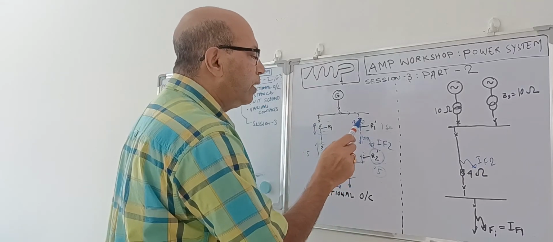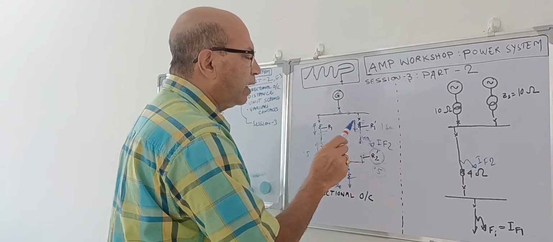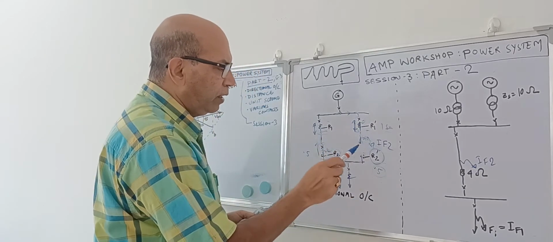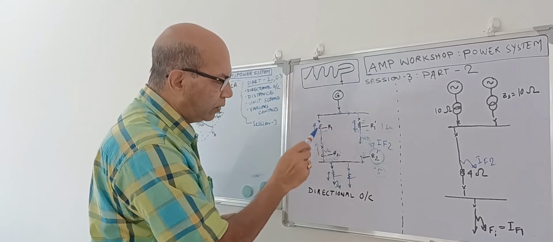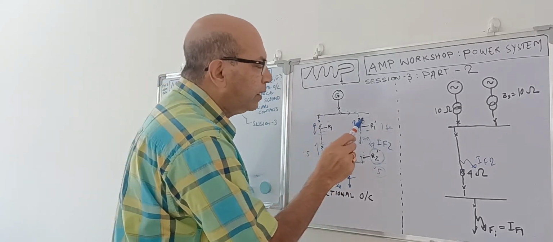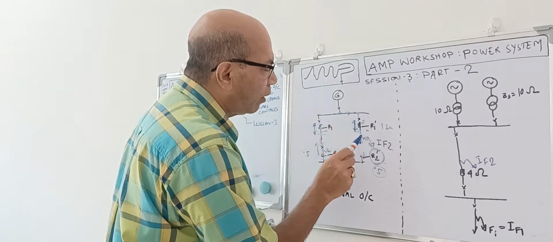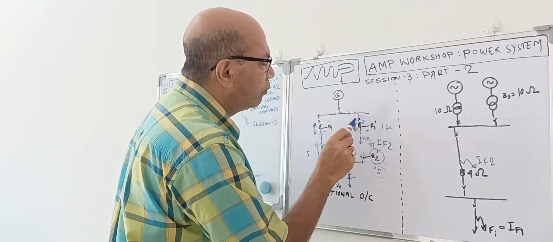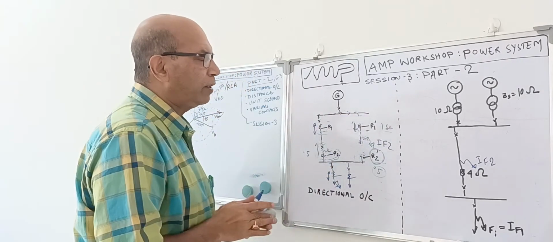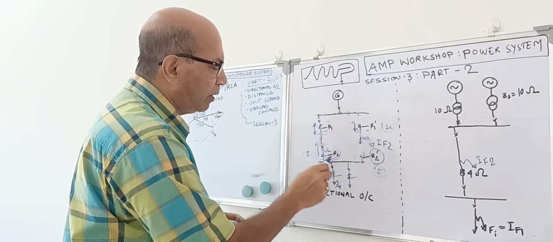But at that point, this relay is still sensing the current because it's non-directional and current is flowing this way to the fault. So when this breaker is open, immediately this system gets back to normal. It is following the normal, but this relay is still sensing the fault current, and after 1 second this will open. So what is happening? Then this generator is feeding power to the outgoing.